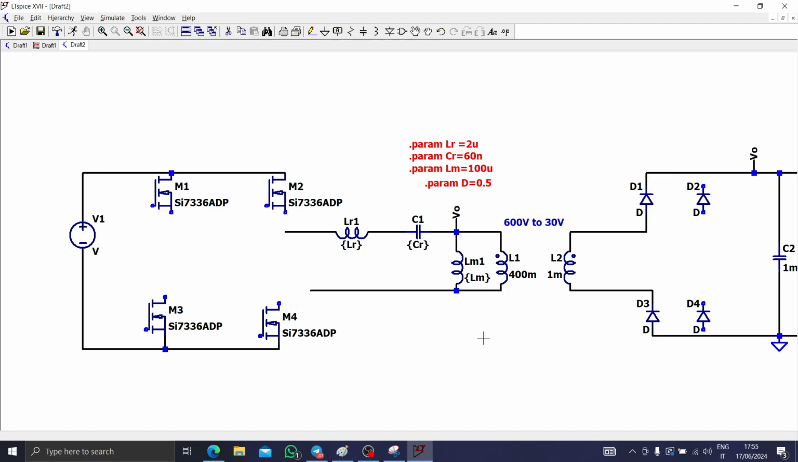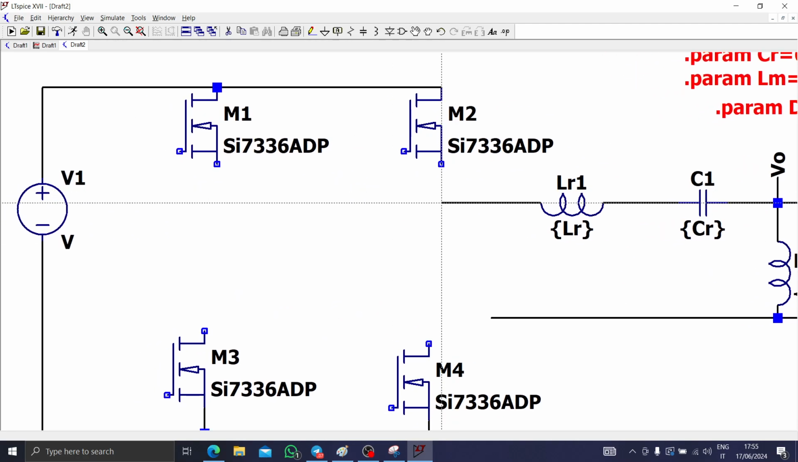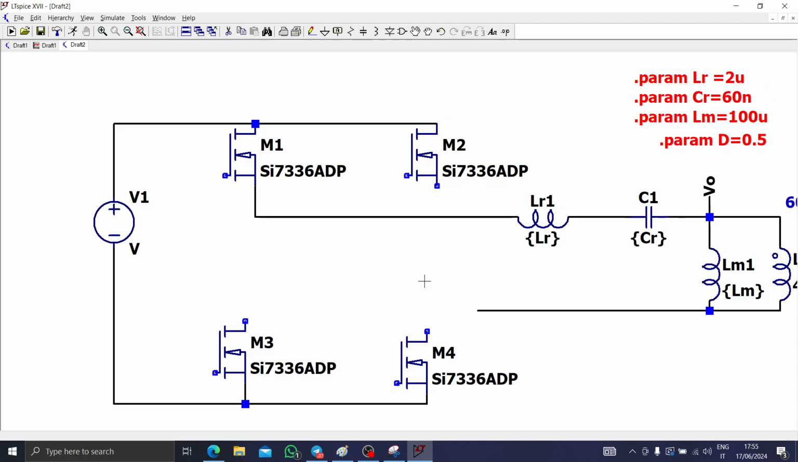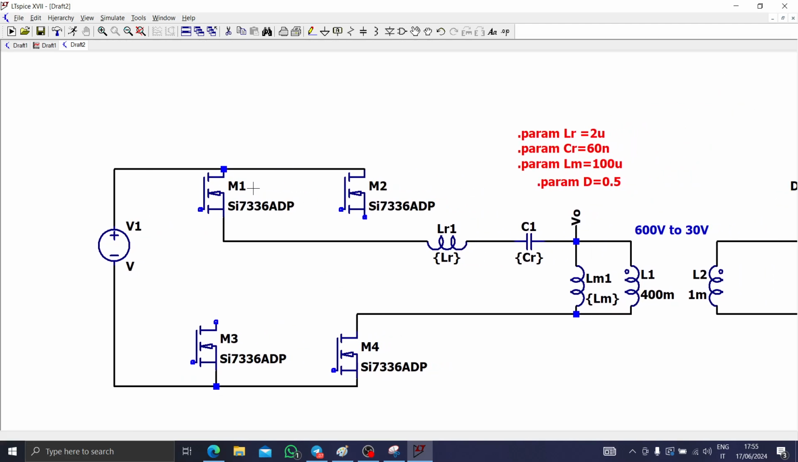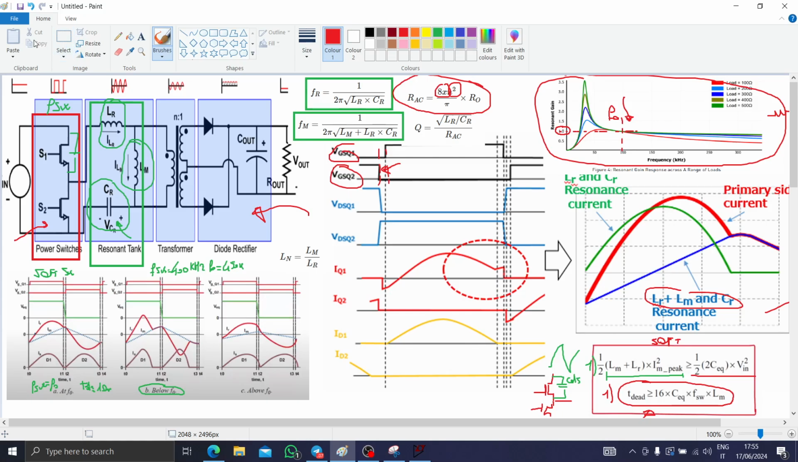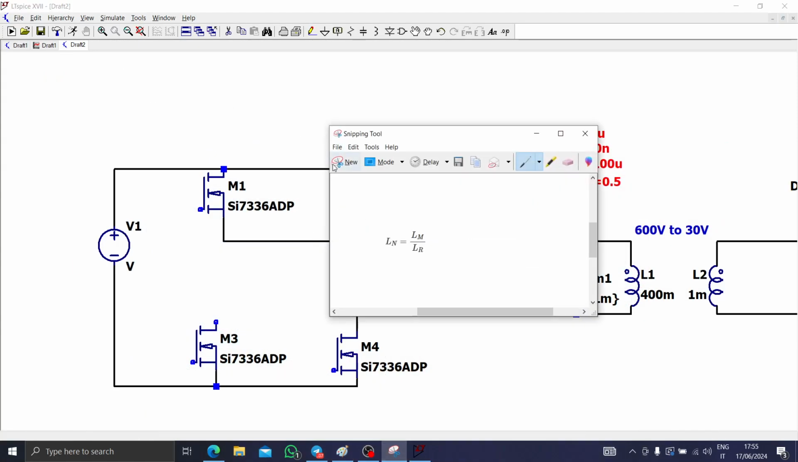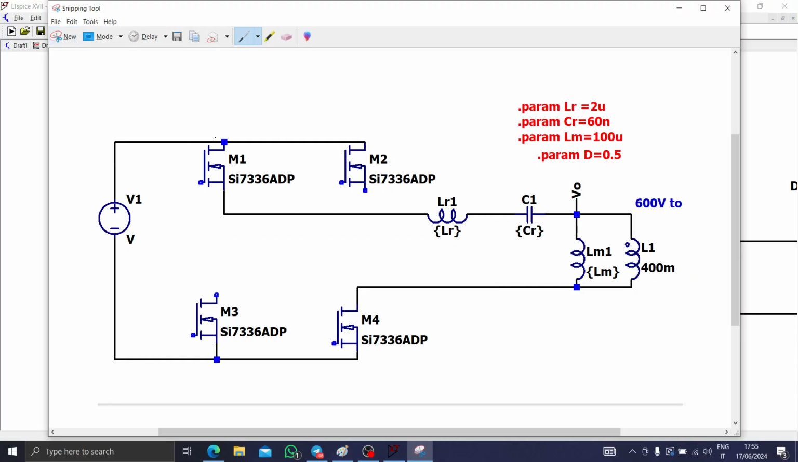So let's connect. Oh, sorry, I forgot to connect the bridge. As you can see, during the turn on, this will be on, so it will be charging the inductor here, like this. This is during the turn on. So these two MOSFETs must have the same